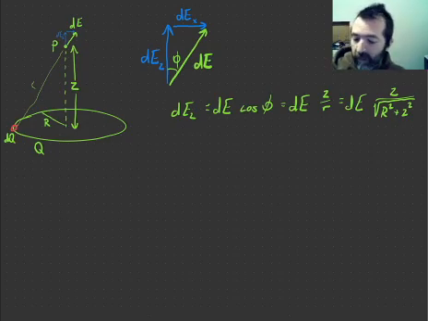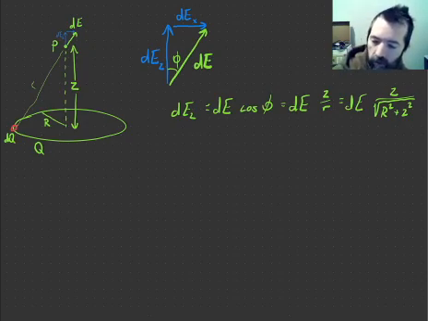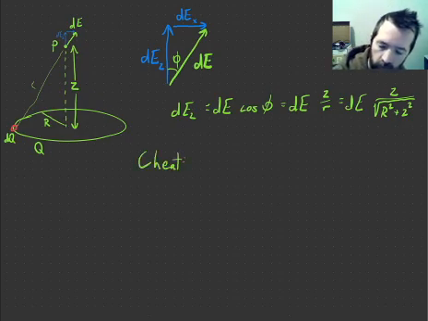Okay. So the kind of like clever cheating version of getting the electric field at point P is to say, well, I know that the z components for all of the pieces are going to count, and I know that the x and y components are not going to count because they're going to cancel each other out, those horizontal components. So the fact that this is a ring doesn't really make a difference. So the cheating version, I will write the word cheat. The cheating version of the problem